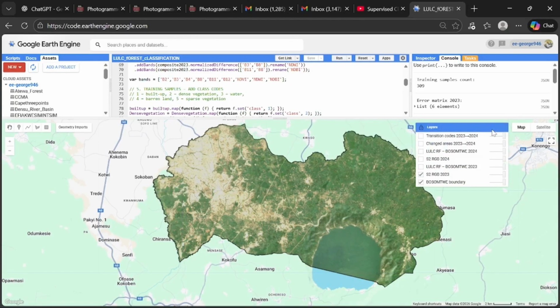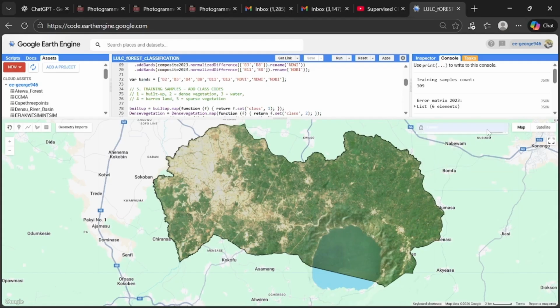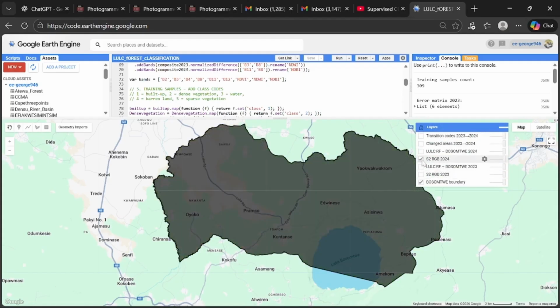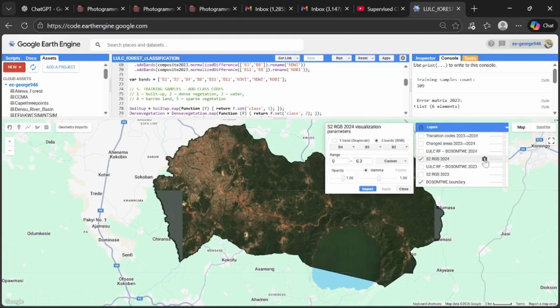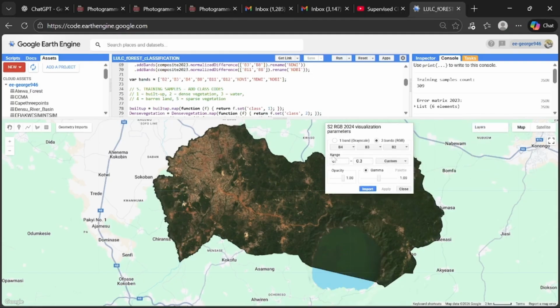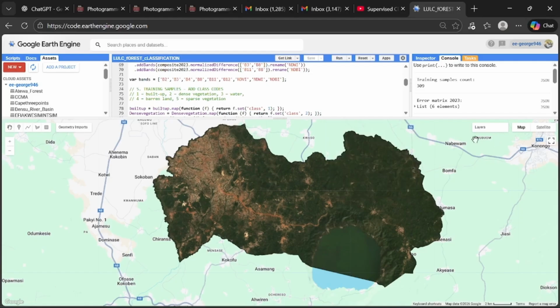Alright, so after this, this is our RGB for 2023, and then we have our RGB for 2024 here too. So here we can uncheck this one and then check this one to verify. Okay, so this is our RGB. So here you can see we have it here. Okay, so with our custom and then our range, you can see everything here. Okay, so what we are going to do next is